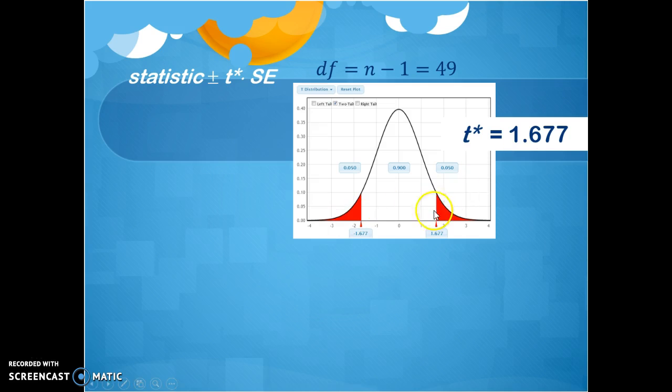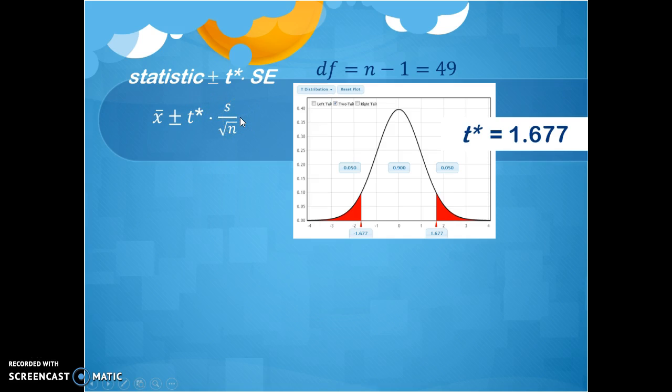So going up and down 1.677 will cover 90%, or 0.9, the proportion of this whole t distribution here. So that's what I want for my confidence interval. I want to cover 90% confidence. All right, so what's the formula I use? Well, I use the sample mean body temperature, I use my multiplier, and then I use my formula for the